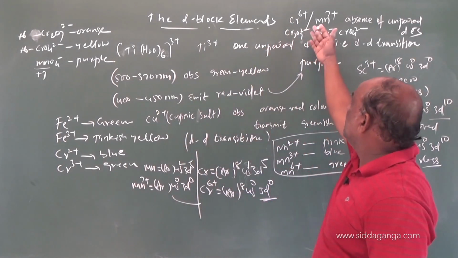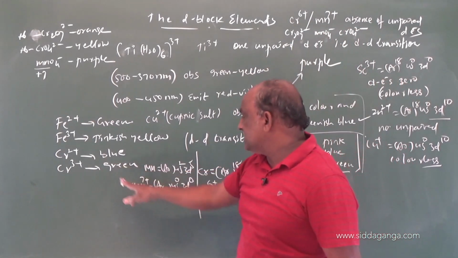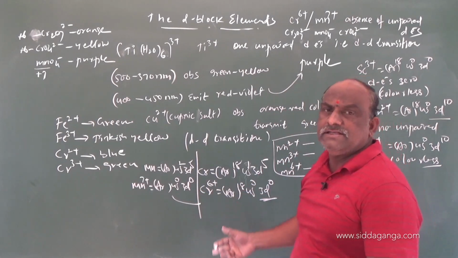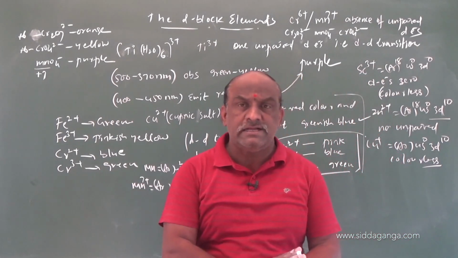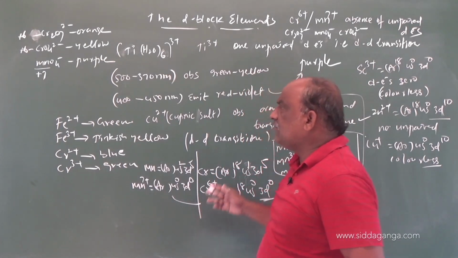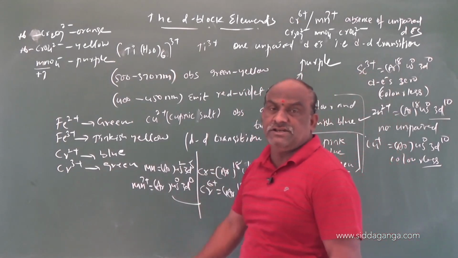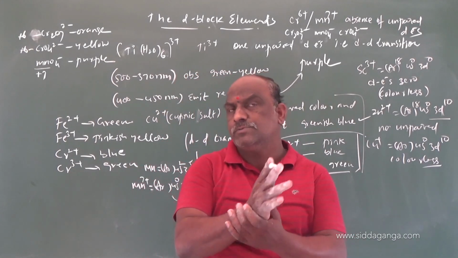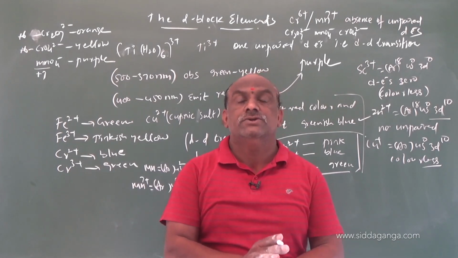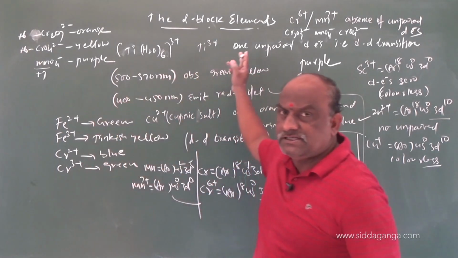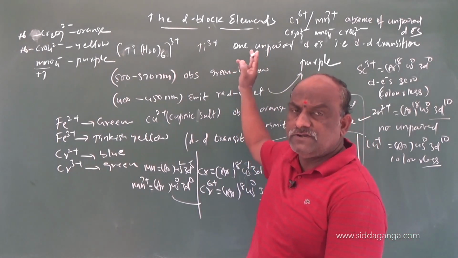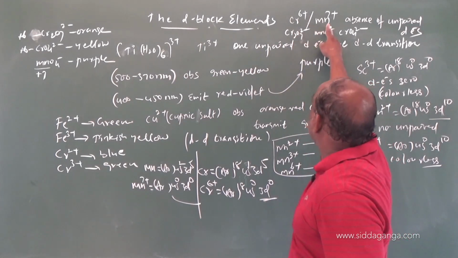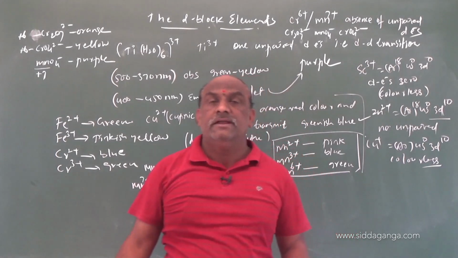But according to the electronic configuration, Cr6+ and Mn7+ have 0 d electrons. Then the reason for the color of these oxo anions is explained in the form of charge transfer. That is not in the syllabus, but keep this point in your mind. Due to charge transfer, the Cr6+ and Mn7+ oxo anions appear colored. This was the exception case and is very important.